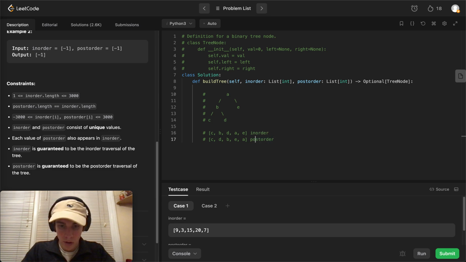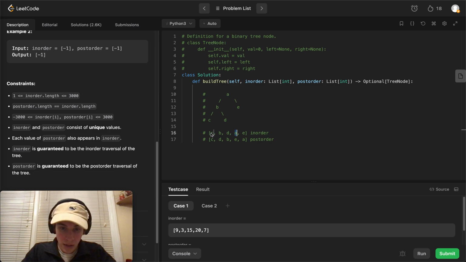The reason I drew this out is because the algorithm to reconstruct a tree works as follows. First, the in-order is used as a base, so we're not going to modify that. We're going to use this as a reference. The post order, as you can see, if you take the last element out of the post order and then look to where it appears in the in order